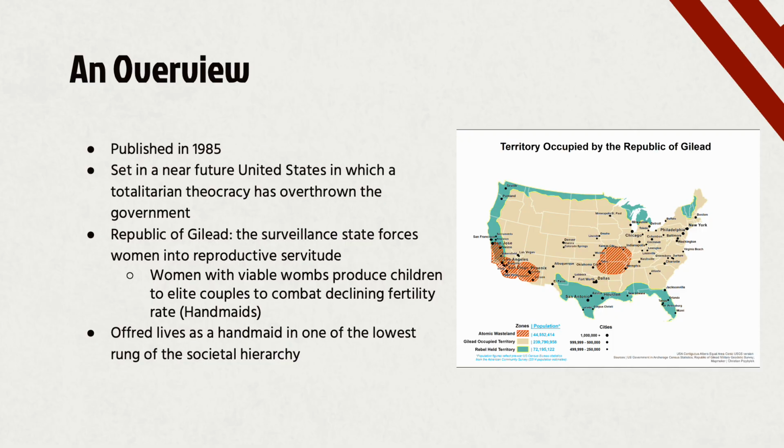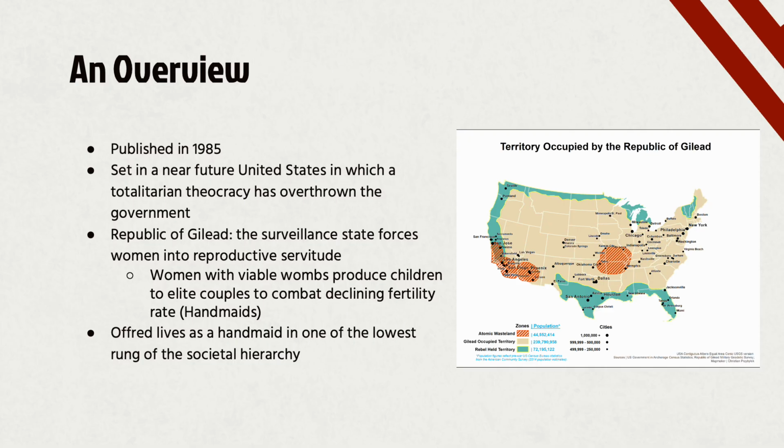Before getting into the elements that qualify this text as a feminist science fiction novel, I'd like to provide some general information and an overview or introduction of the novel. This novel was first published by Margaret Atwood in the year 1985. This is already nearing the end, if not already qualifying it as the end of the second wave of feminism. This can be seen in the way that the novel is sort of a reaction or a commentary on patriarchy and the way that it handles themes relevant to this second wave of feminism.